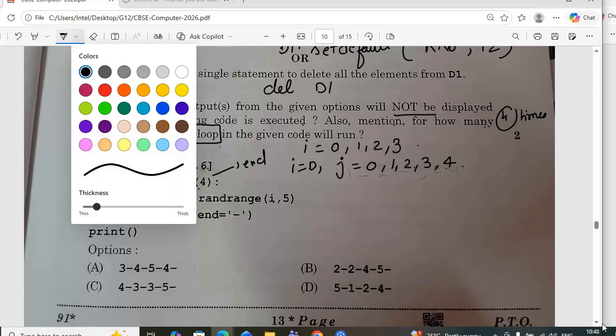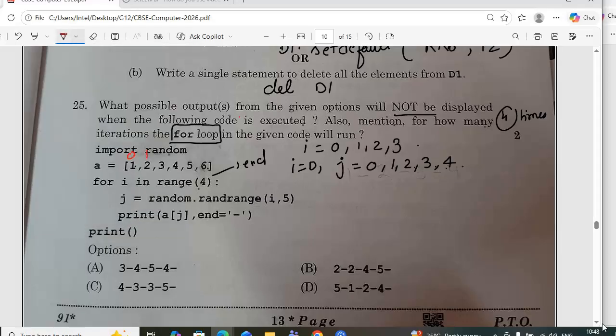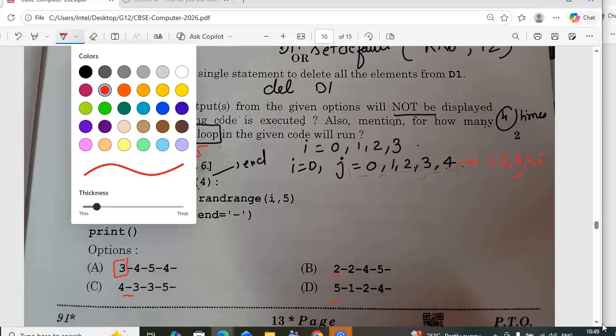The positions are 0, 1, 2, 3, 4 and 5, and the values are 1, 2, 3, 4, 5. So any value from 1 to 5 is possible. Check the first one: 3 is fine, which is possible. Then we have 4, then 2 and 5. So everything is possible, there is no change in this.